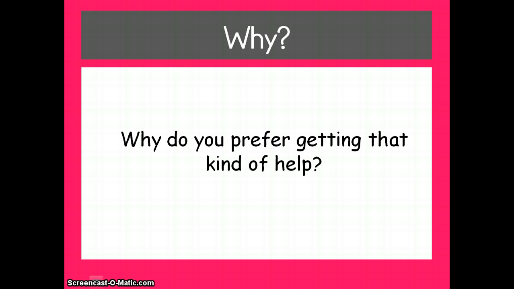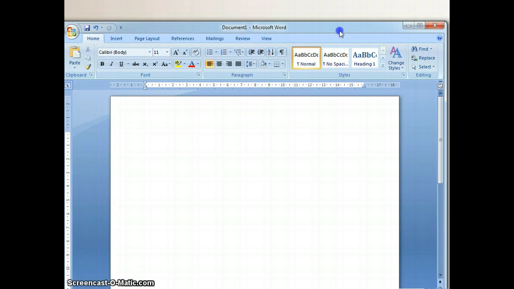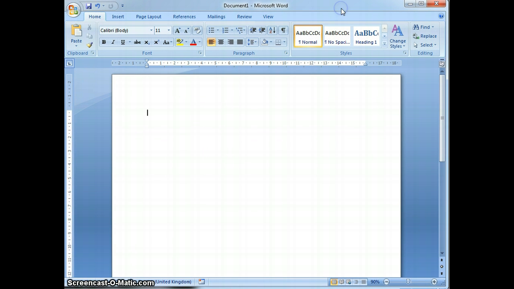Okay, now you've had that discussion about those three questions, I want to show you different ways that we can get help when using the computer. So for this example, I'm just going to bring in this piece of software which you're probably all familiar with. This is a word processing application called Microsoft Word. And what I would like to be able to do is to insert a table into this document. So rather than just write text here, I want a table that I can write in. And I don't know how to do it.